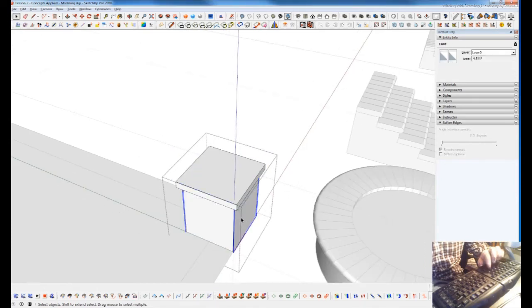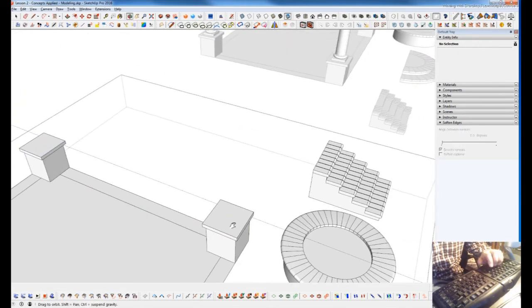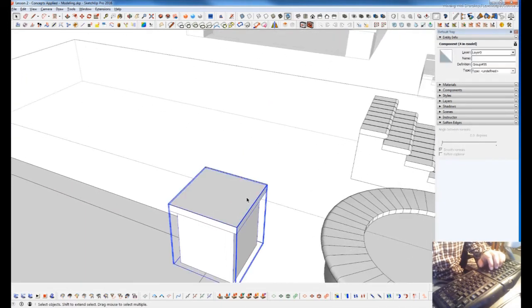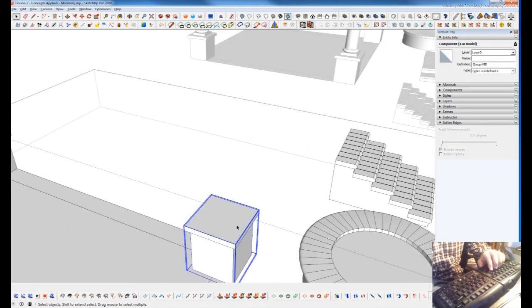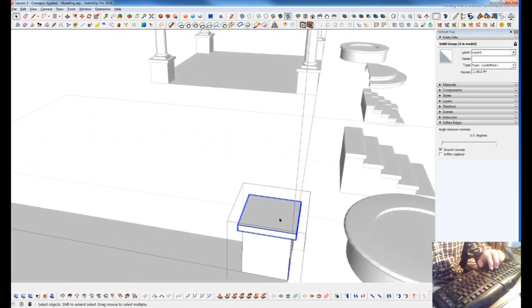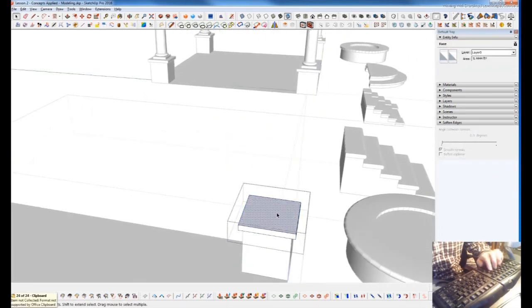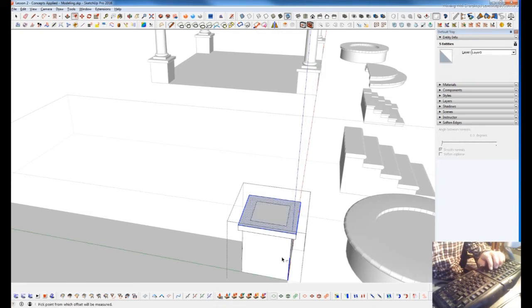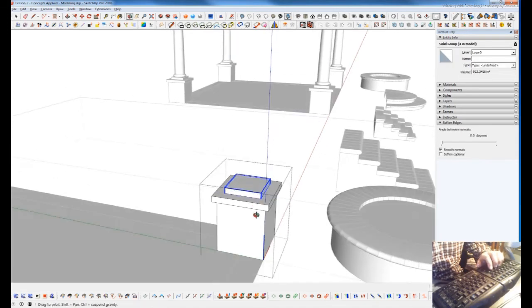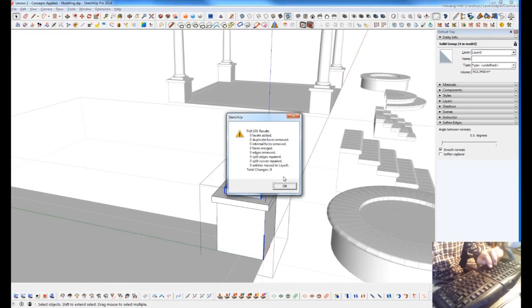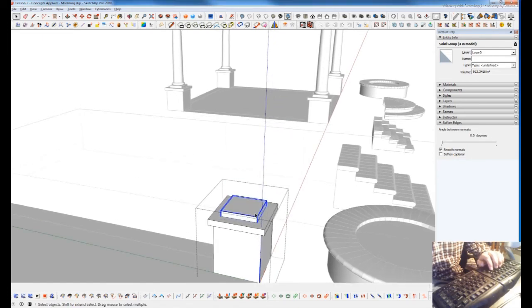Solid, solid. 2 groups. Now I'm going to take this inside of here. Make sure this is a component. Inside of here, and I'm going to take the top of this, copy it, close it, paste it, and then I want to offset, snap to this over here, and go to the outside, grab the middle, pull it up to match over there. Make sure that's a group and solid. Run my fix it just to double check,